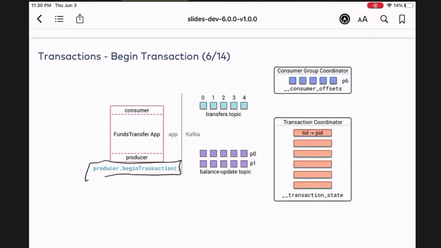No, not so much a rebalance, because a rebalance would be from the consumer side, but from the producer side, maybe some failure somehow. That's a good question. Some failure, maybe just something that stops it.